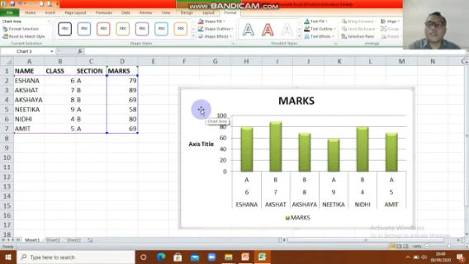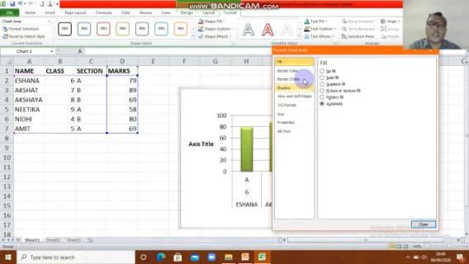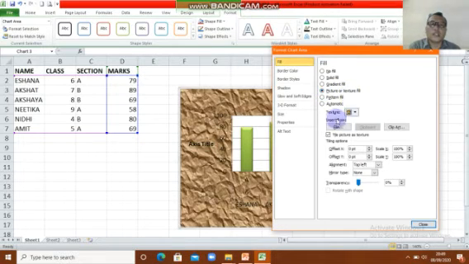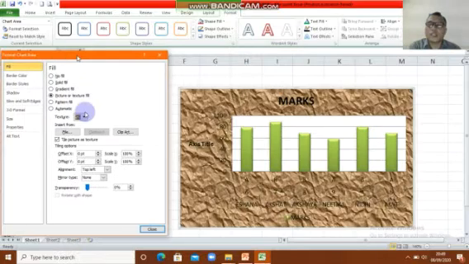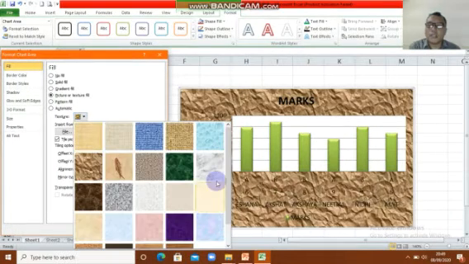We want to try the first one, format selection. Here we have fill. If you want to fill the chart like this, we try picture or texture. Look at it. I want to move this here. We change the color, for example this one.